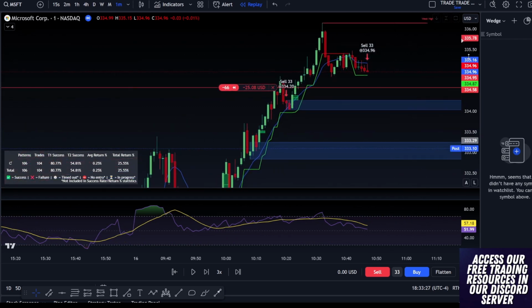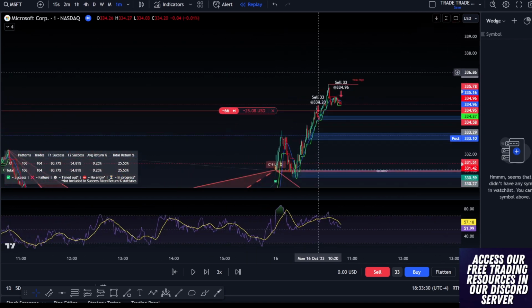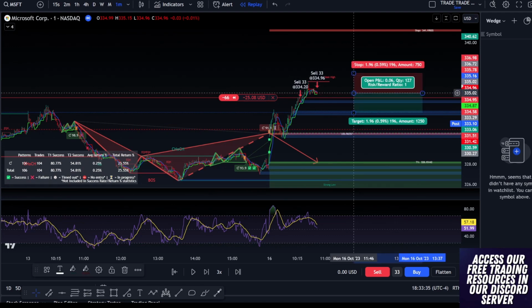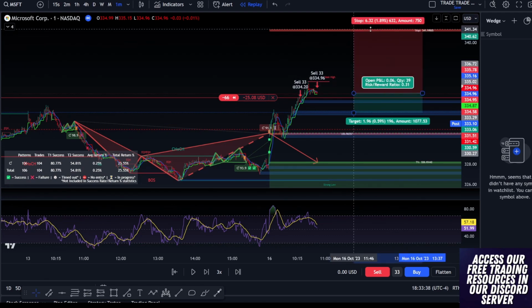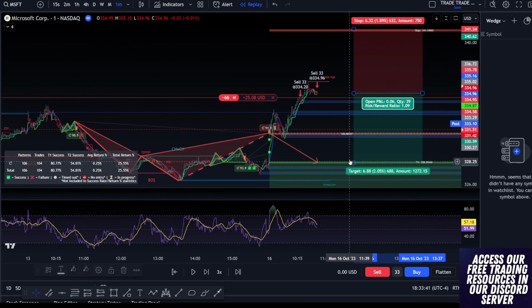But now, how do we play this? You can play this one of 2 ways. You can play short here at 335, stop out over 341.19, and take profit down at 328.14. Statistically, you have an 80% chance of this happening. Doesn't mean it's going to, but you have an 80% chance, which means you have a 1-to-1 risk versus reward, which means after 100 trades, you would have made $8,000 and you would have lost $2,000, meaning net you would have made $6,000 profit. Okay, super solid. This is mainly what I trade all the time.